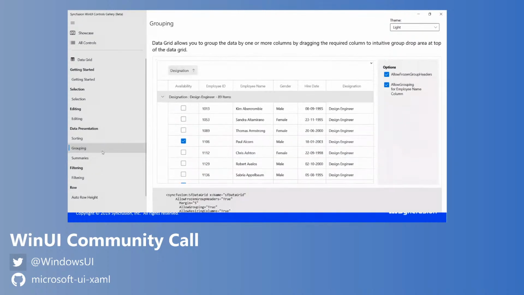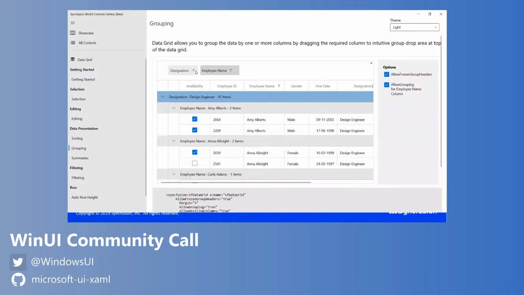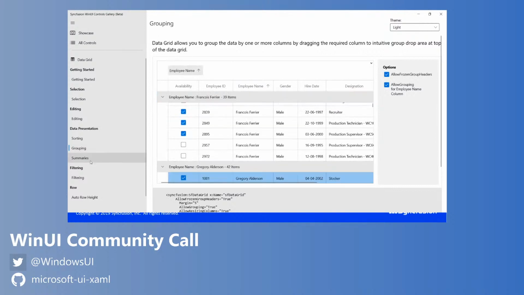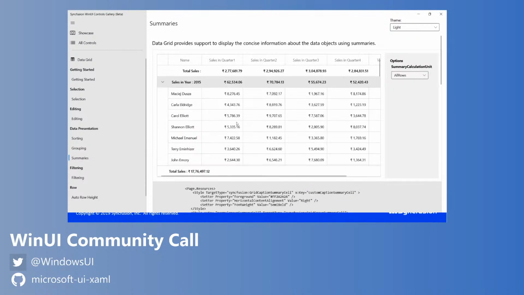You can also group the data against one or more columns. Here I am grouping the data and reordering the group orders. Also, Syncfusion data grid supports